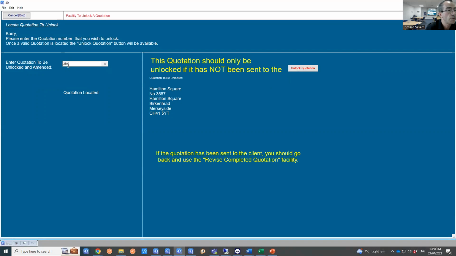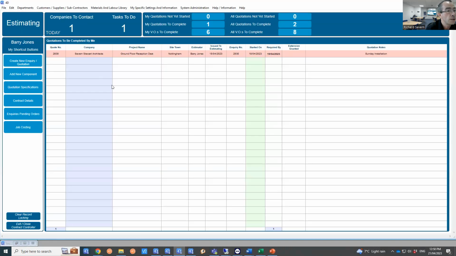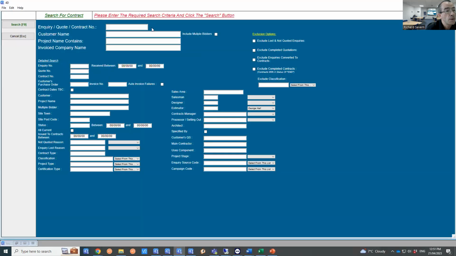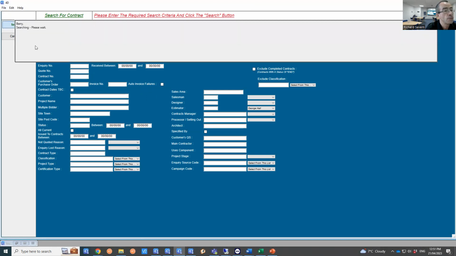Now, if you've forgotten the quote number, the easiest way to find that is to go to Departments, Sales, Inquiry Leads, Amend Inquiry Lead, and that gives you the facility to search for that quotation by any of these criteria. Probably the most common one is you'll know who the company it was for. So we can say that the customer name is part of the company name, type that in there, click search,